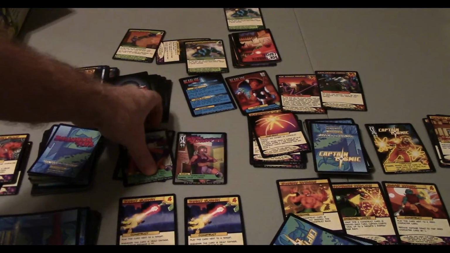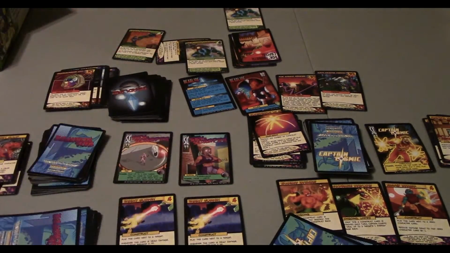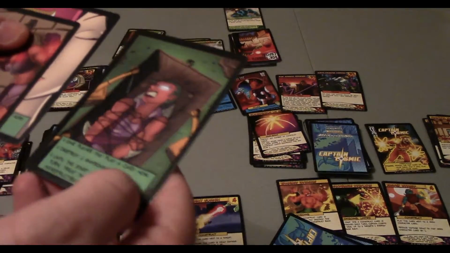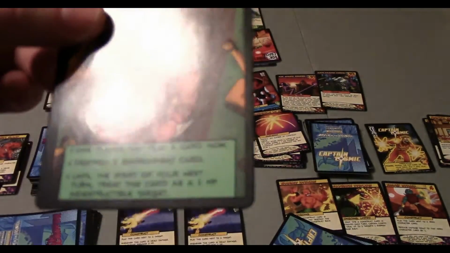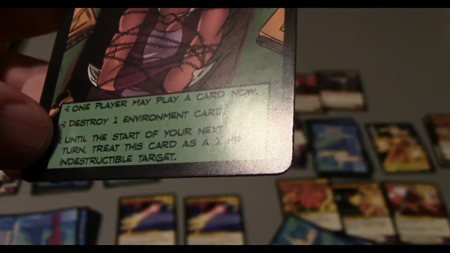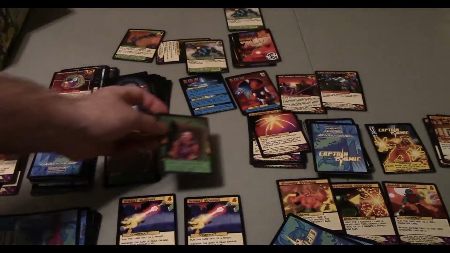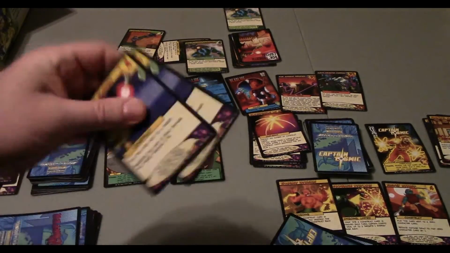Now, when she was incapacitated, she would have been in her giant form. So I didn't even look to see if they're different, but the backs of these all have a different image, and it does look like they have different power. So she would have been in this form here, which means that her power now is one player may draw a card, or may play a card, destroy one environment card. Until the start of your next turn, treat this card as a 1 hit point indestructible target. So those are the powers that you can invoke with this ability,